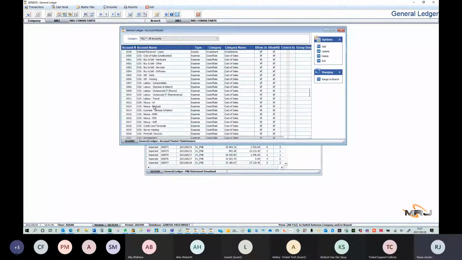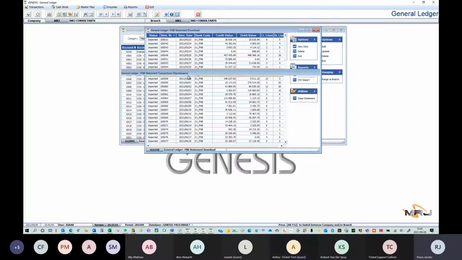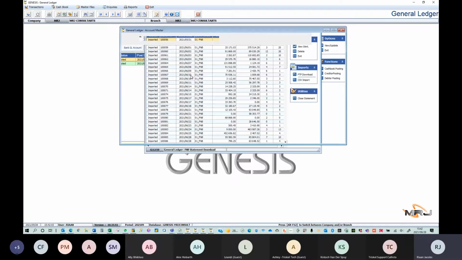Rian, I'm not sure if you covered this before I joined, but can you also import a CSV into your cash book? So bank import definitions. Yes, so we basically have this here. So to set it up, basically,